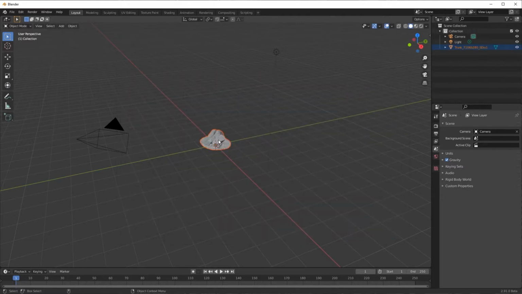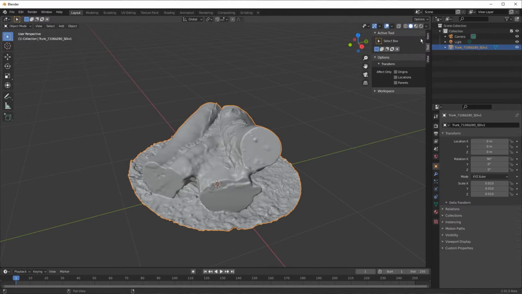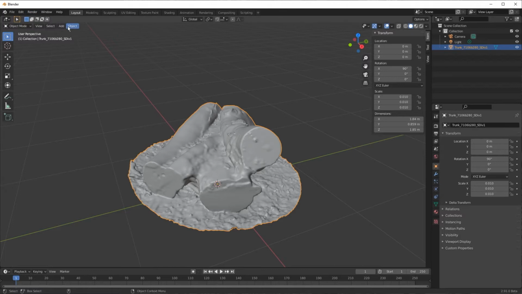And that worked. I'm just going to press comma on the keypad to center my camera. So now I've selected my asset, and as you can see in this menu that pops up when I toggle N, which is just information and a general toolkit, you can see that the scale is actually not correct. This is just because there is a lot of discrepancy between FBX importers, so just be conscious between different softwares. This may happen, and I'm going to have to reset it because otherwise we may have problems with our displacement